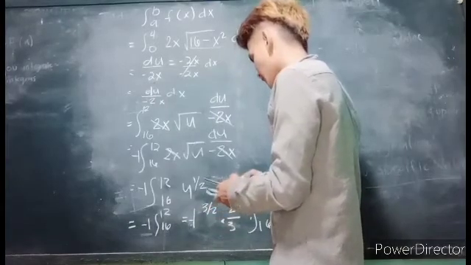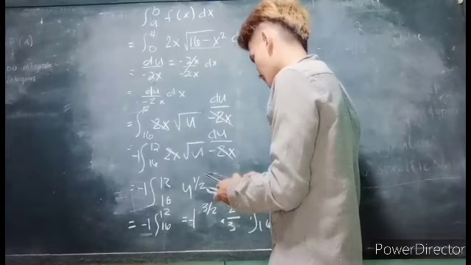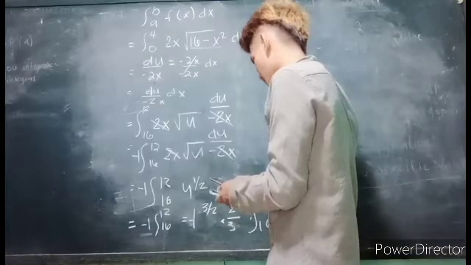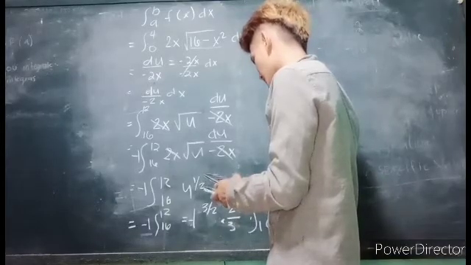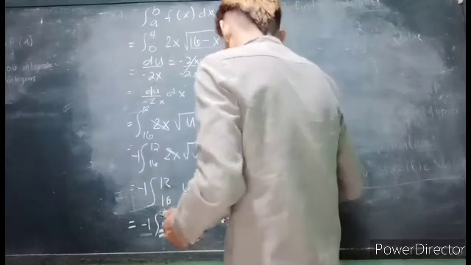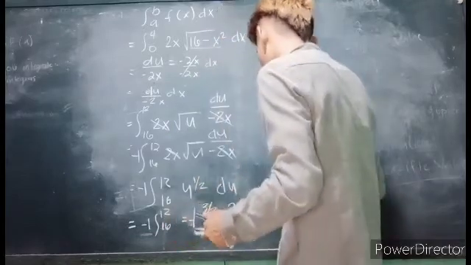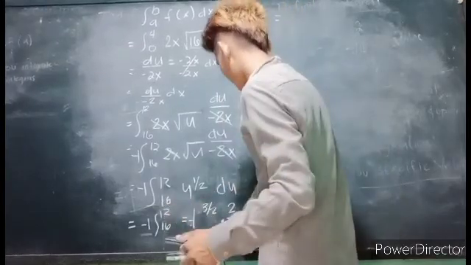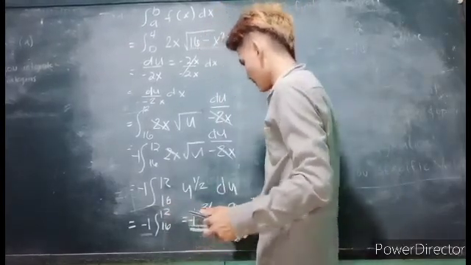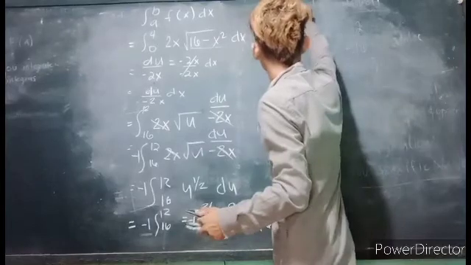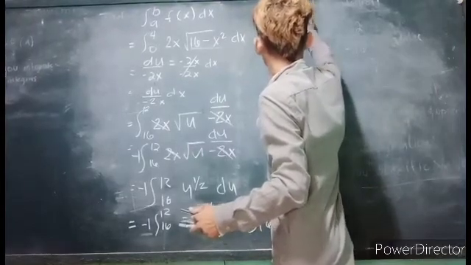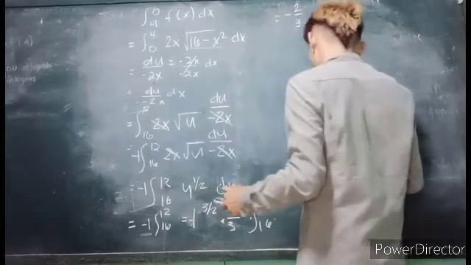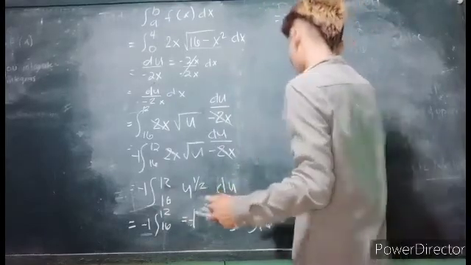So, negative 1 times 2/3 equals negative 2/3. So, that's negative 2/3. Copy the